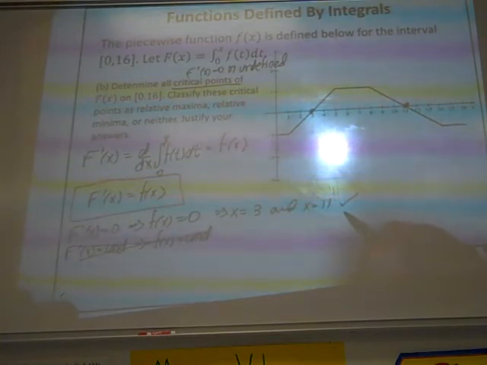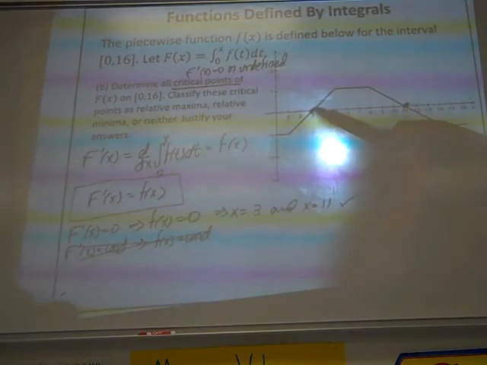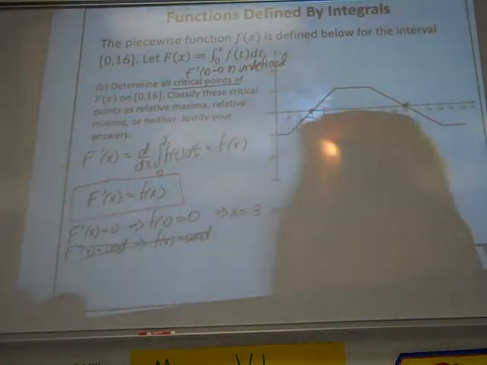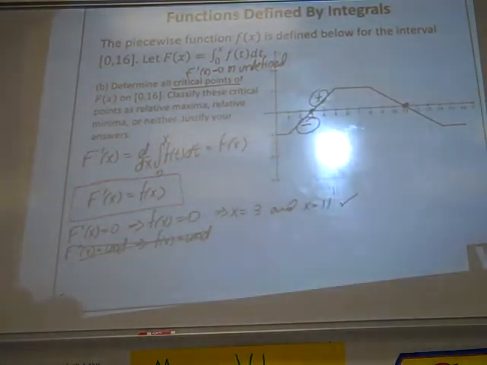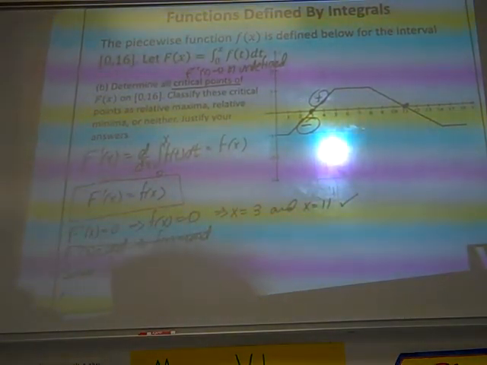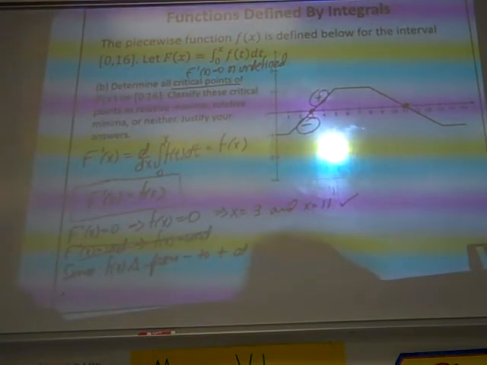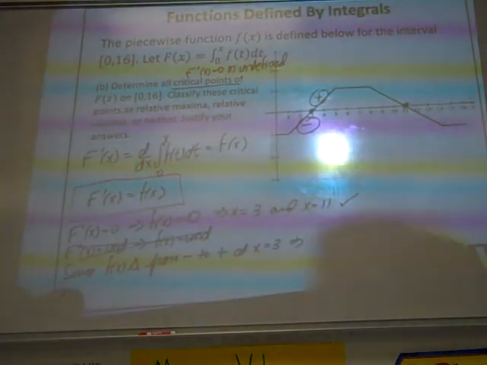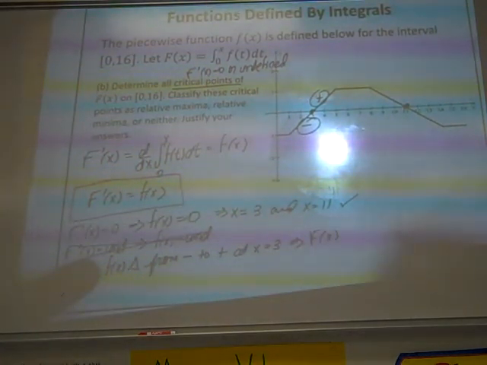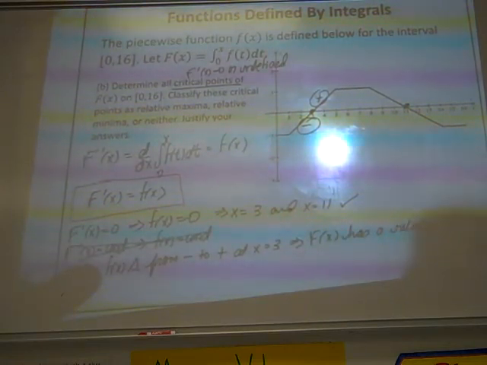Now we need to classify the critical points. And so here's the conversation we need to have. At x equals 3, what is happening with the graph of f? I see that f is changing from being negative to positive. And I'd want to say something like, since little f changes from negative to positive at x equals 3, this implies big F of x has a relative minimum